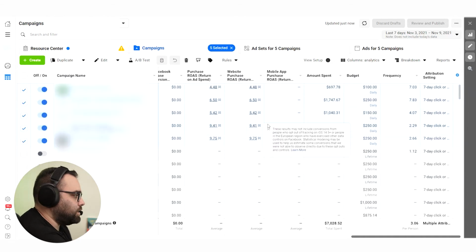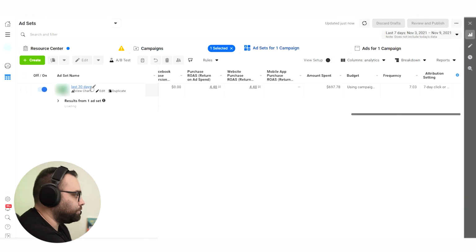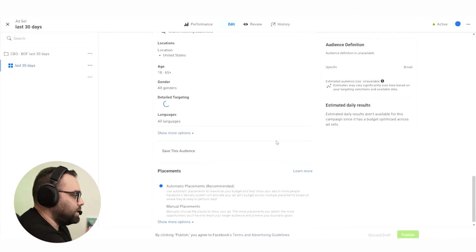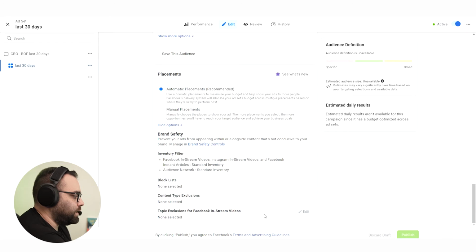The reason that you actually cannot see them is because you have different attribution settings. After the changes that we had in early 2021, we know that the conversion window changed to attribution setting at our ad set level. The area where you can see this one is if you go inside your ad set, and you can go on your bottom over here.